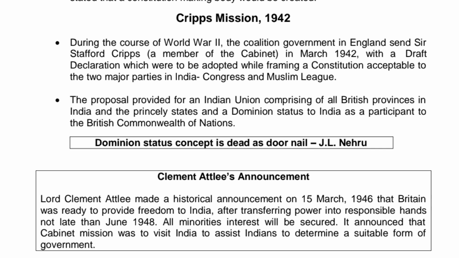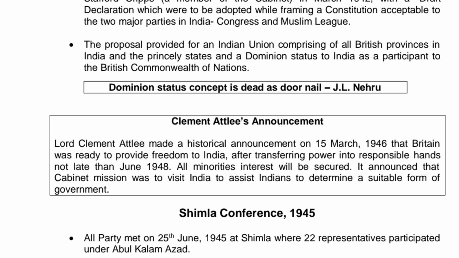The proposal provided for an Indian Union comprising all British provinces in India and the princely states, and dominion status to India as a participant in the British Commonwealth of Nations. Here the dominion status concept is dead, as told by Jawaharlal